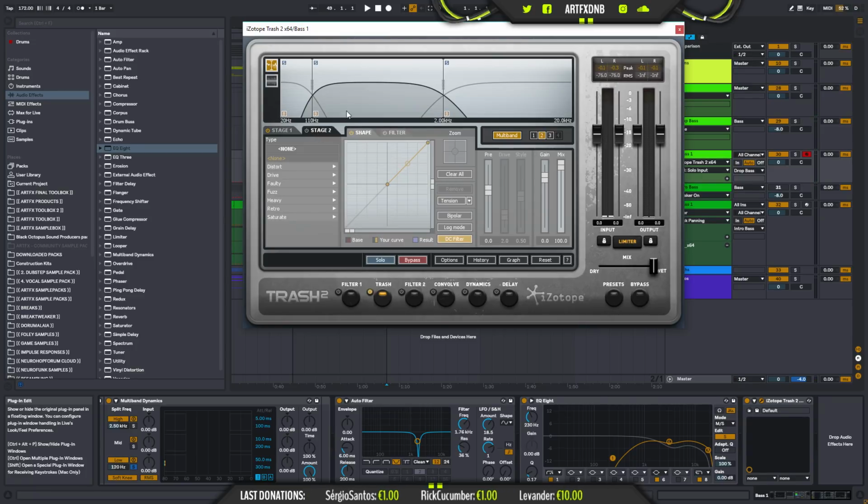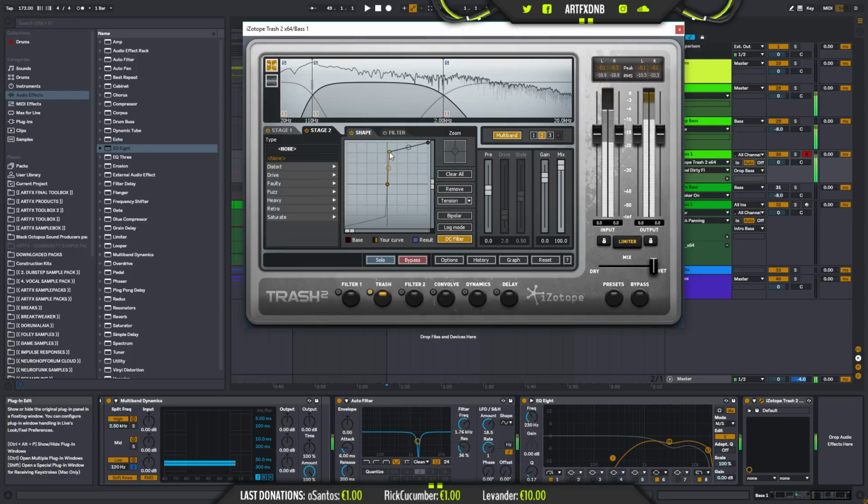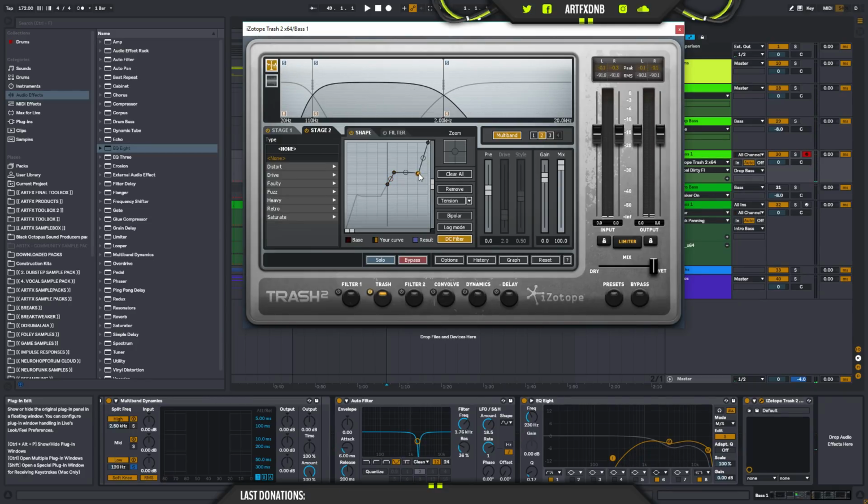let's see what we can do on the mid-range here. Trying to make the mid-range, it's hard to explain. What I want to do is sometimes you have this mid-range that just sounds like it's collapsing in on itself. I think that's the best way to put it. I'm not too sure how I would create that, but